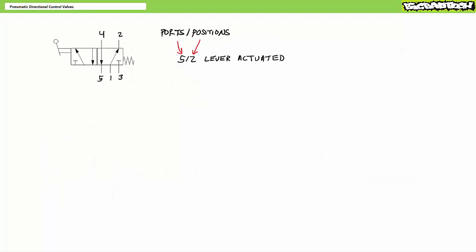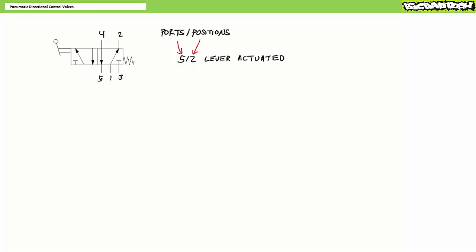Consider a 5x2 directional control valve. 5x2? Some of you might be like, wait, what? Why are you skipping from 3 to 5 without talking about 4? Trust me, after we discuss 5-port directional control valves, I'll explain why 4-port directional control valves aren't nearly as popular in pneumatic systems. This particular 5x2 directional control valve has 5 ports, 1, 2, 3, 4, 5, and 2 positions,